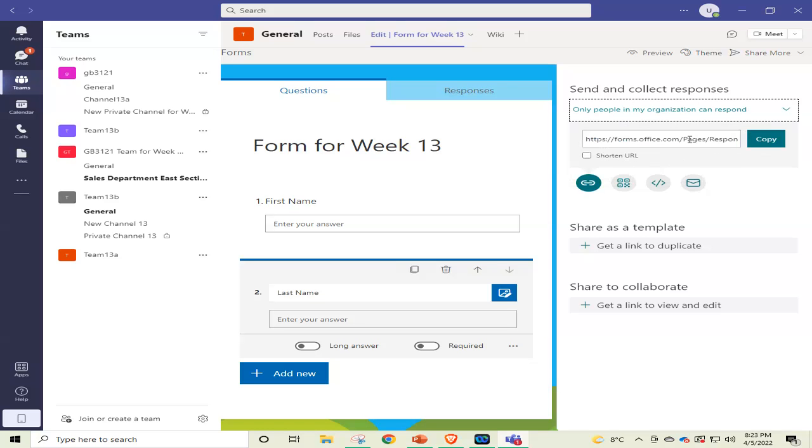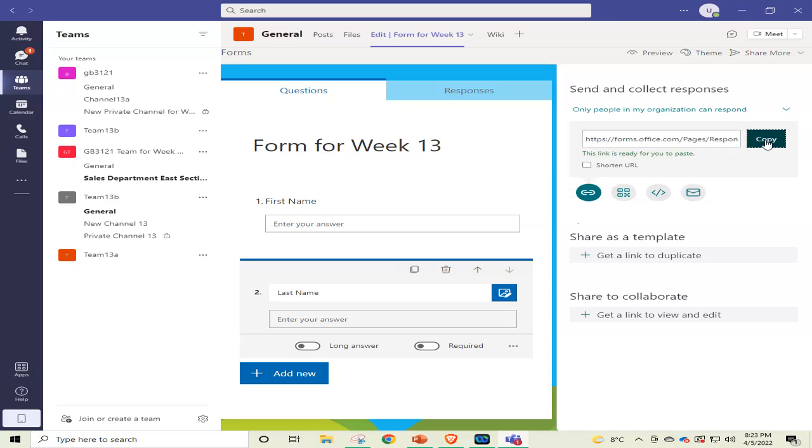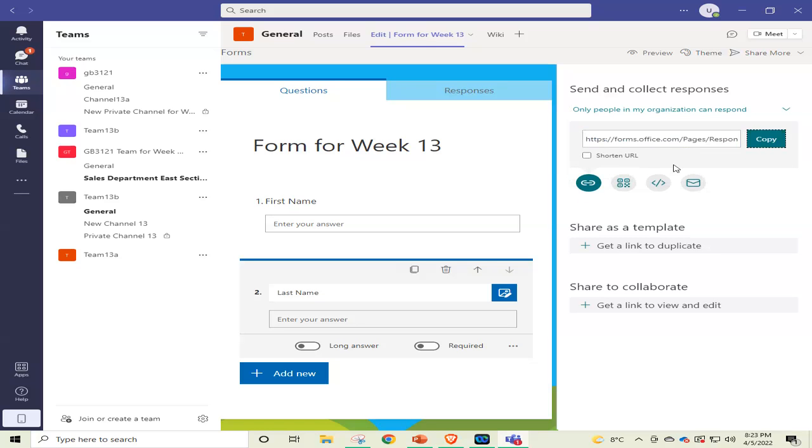And this is the URL that we want to send. Control C, and I copy the URL from here. Shorten URL. Okay, shorten the URL.